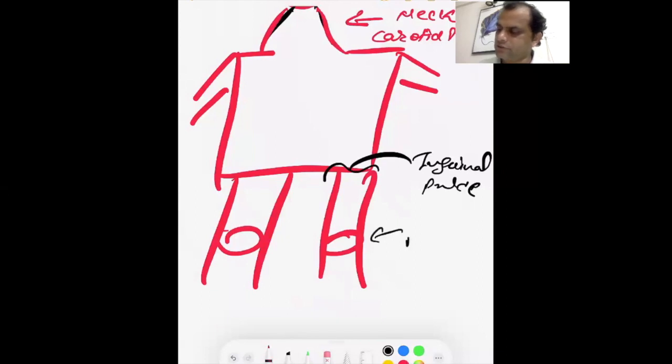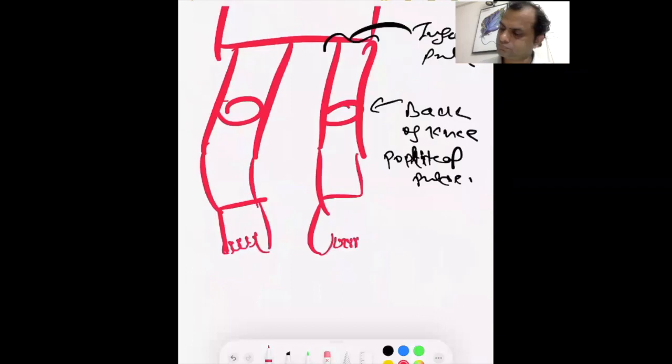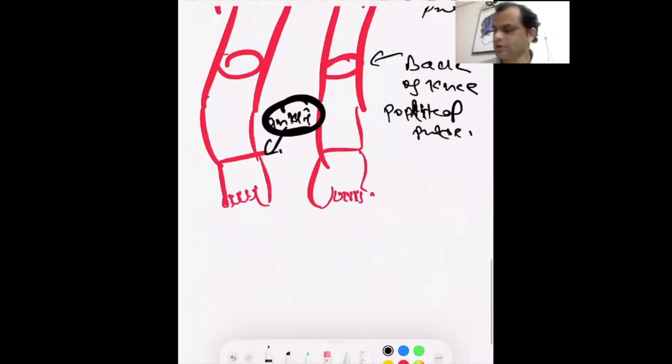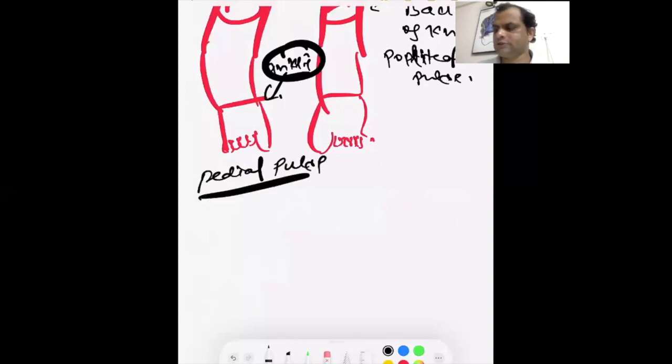We can feel the pulse on the back side of the knee, that is called popliteal pulse. We can feel the pulse in the ankle area, that is called pedial pulse. So there are many areas where we can feel the pulse for a diagnostic purpose. हम डायग्नोसिस करने के लिए कई जगह पल्स को महसूस कर सकते हैं,